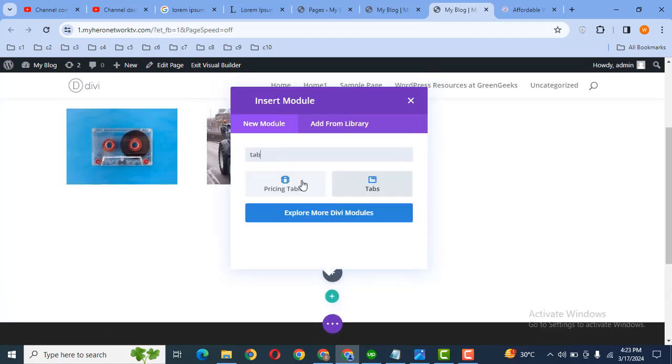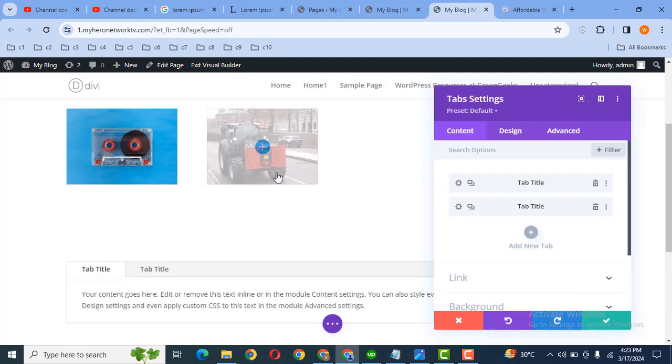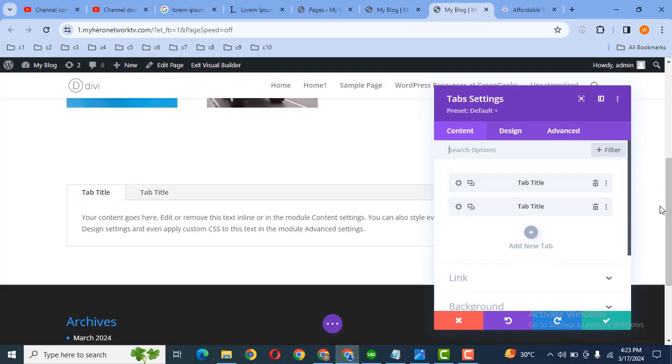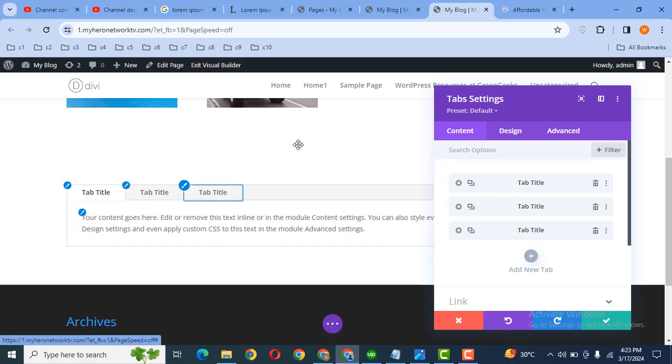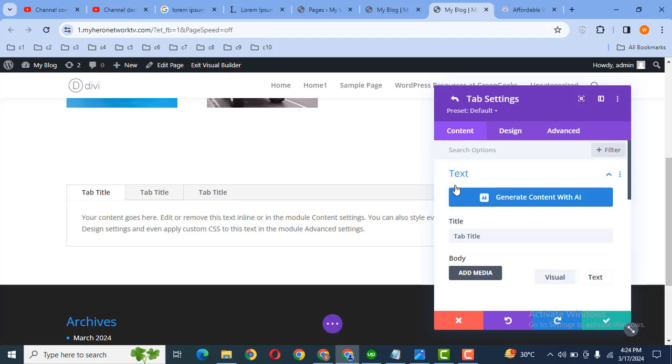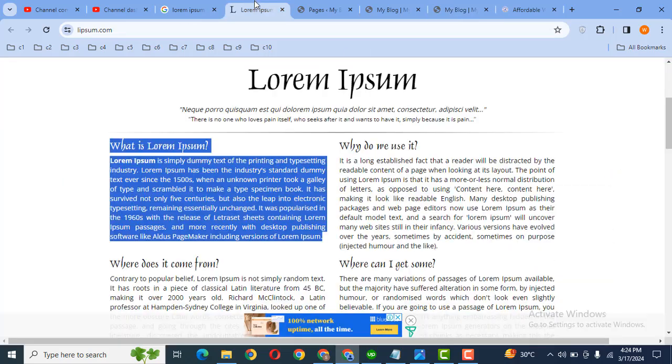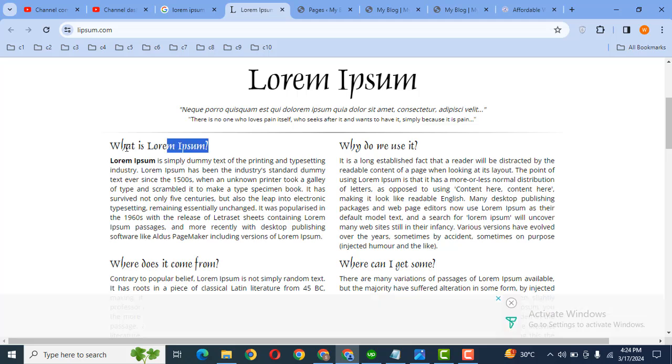Search for tabs. And then here you can see this is by default content. Now there are two tabs, and if you want to add more tabs, just click here, duplicate, and here you can see now these are three tab titles. Now if you want to change the content for each tab, just you can click on the settings, and after that let me copy some text from here